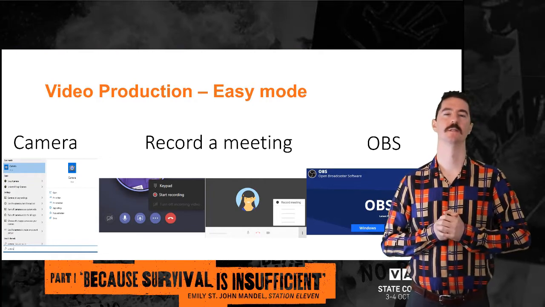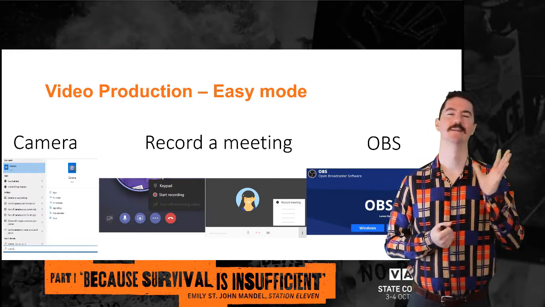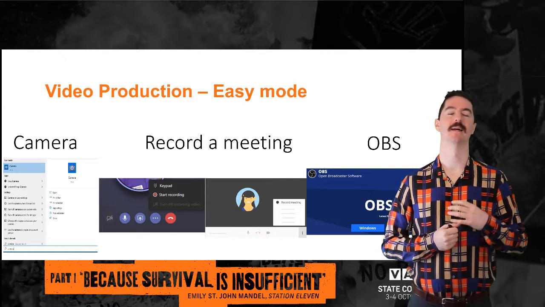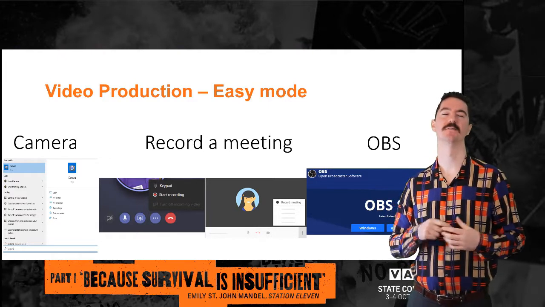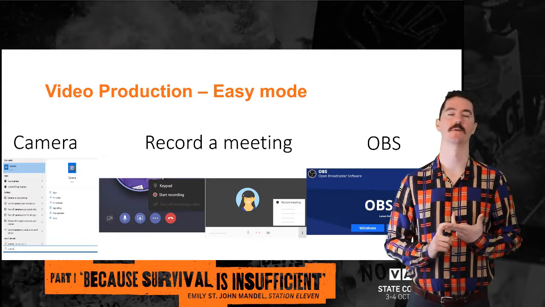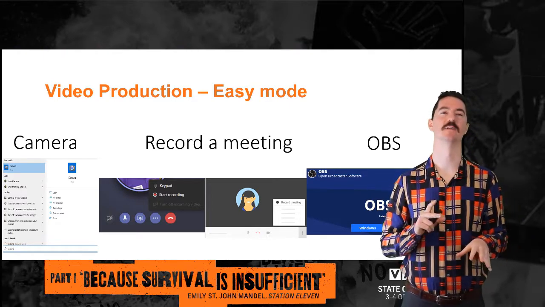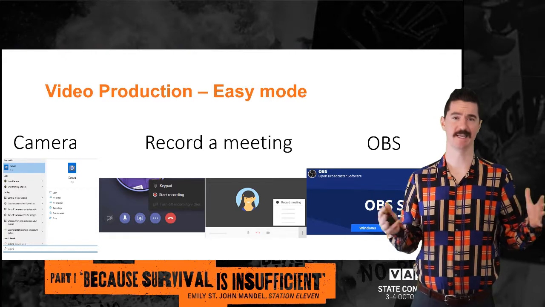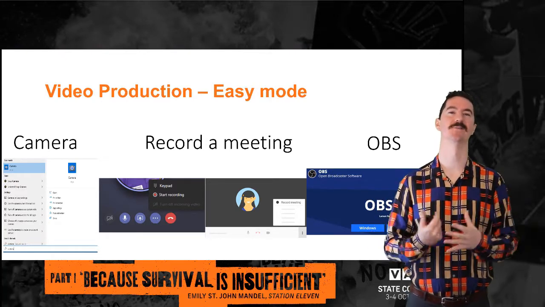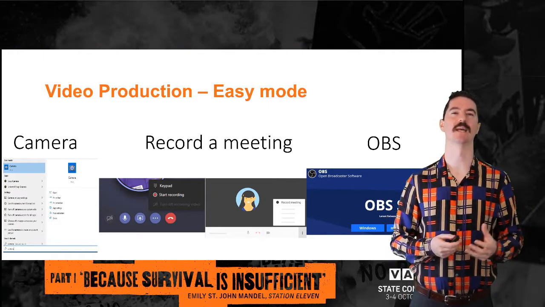I personally use OBS, or Open Broadcaster Software Studio. Who knows exactly what it's called, but the website is obsproject.com. This is free. There are alternatives, Screencast-O-Matic and Screencastify, that people might be more familiar with. They both cost money. This one does not, and it's open source. If you type the name of the software into YouTube, there's thousands of videos of predominantly teenagers and young adults explaining how they use it to stream their favorite video game and all those sorts of things. So there's a lot of support out there for